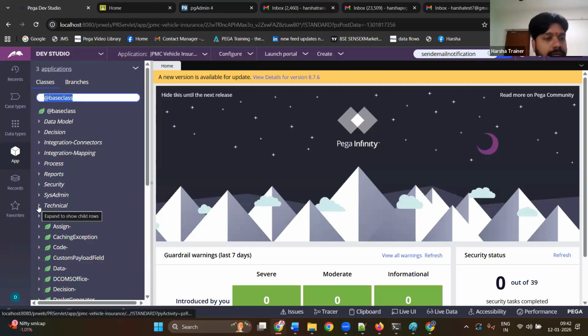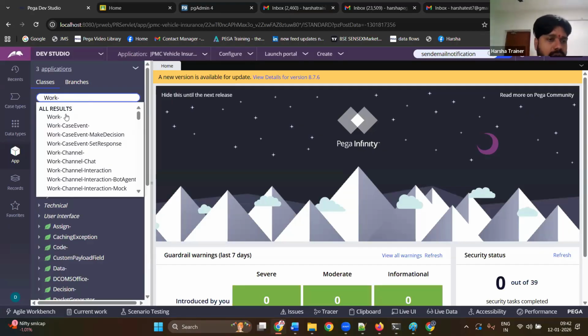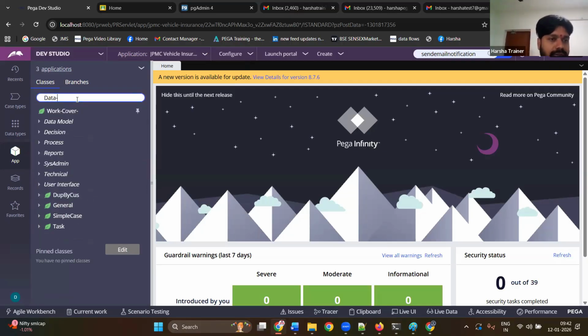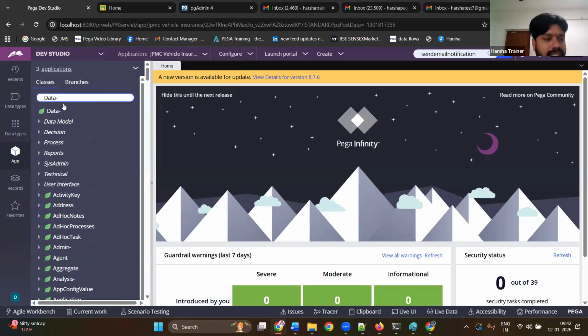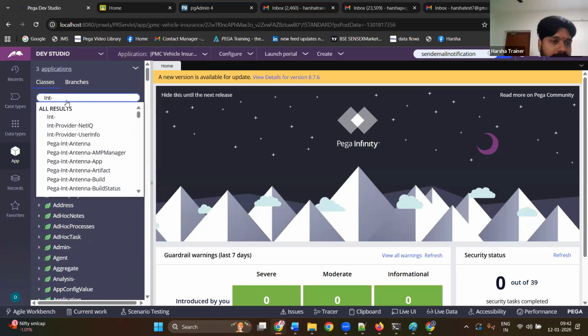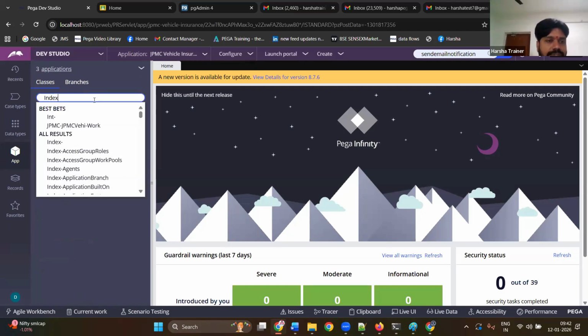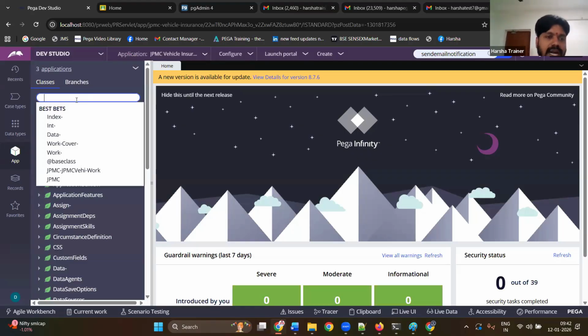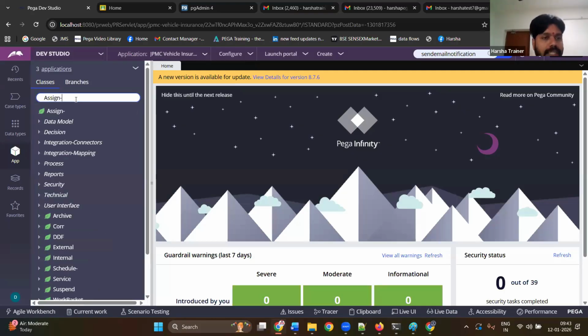Similarly, you have one more class called Work-. In the class name itself, a hyphen will be there; you read it as dash. Work-, Cover-. Similarly, Data-. These are all OOTB classes that you get along with the Pega platform. Int-, similarly Index-. You don't need to know anything inside as of now; I am just giving you names. You don't need to memorize them. You will come to know all of these once we start your practicals. After that, Assign-, Code-, and Rule-.